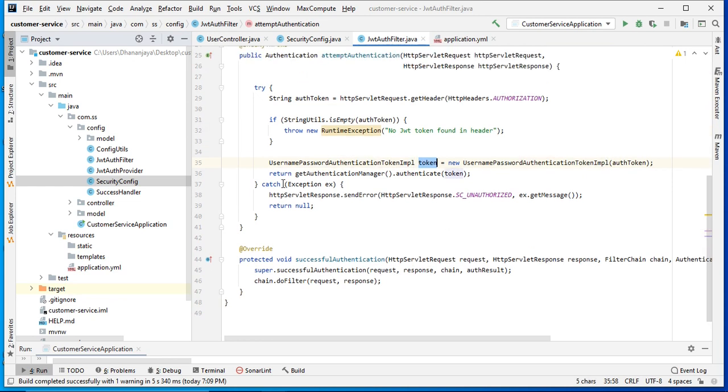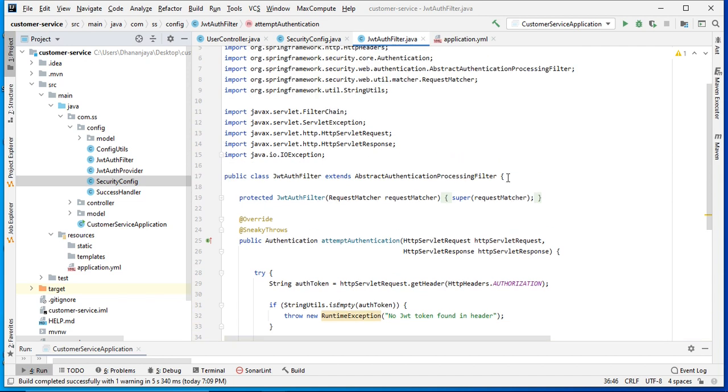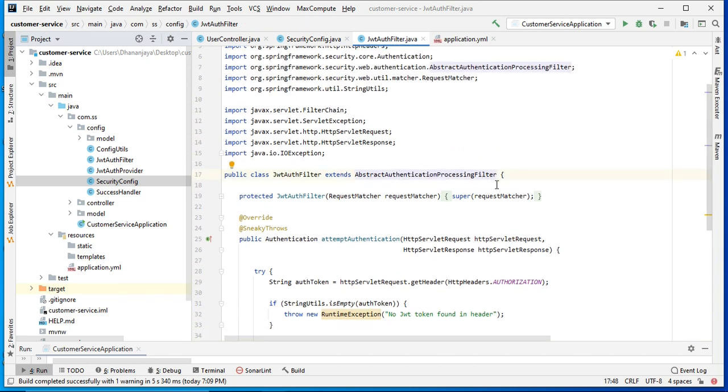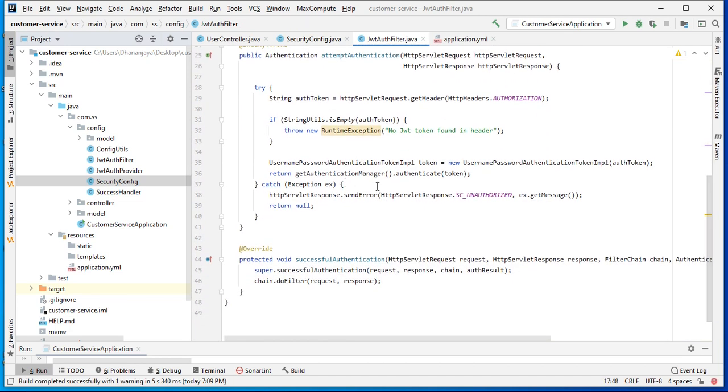So let's go to the code. If you see here, I have created the token by passing the auth token, whatever we are getting from the header. We have created the manager-specific class, whatever the manager needs, and that we are giving to the manager. If you see here, getAuthenticationManager, this method is coming from the parent, that means AbstractAuthenticationProcessingFilter, and this needs to authenticate the token.